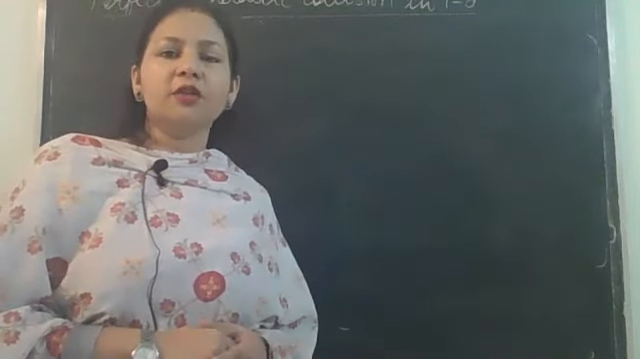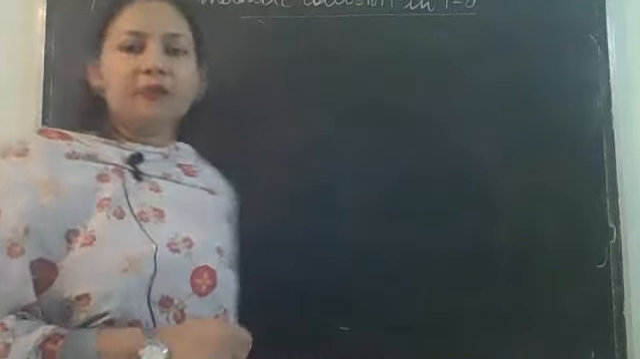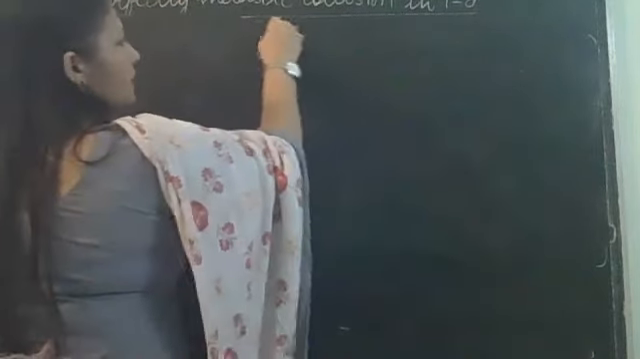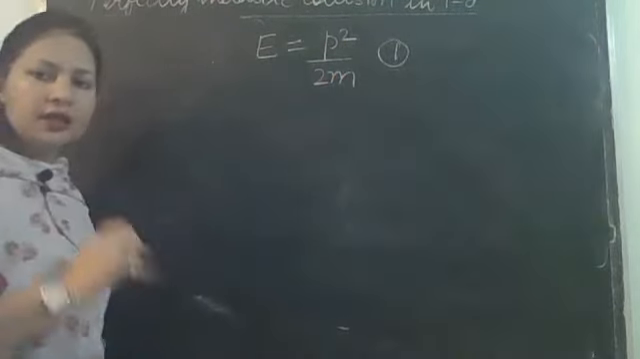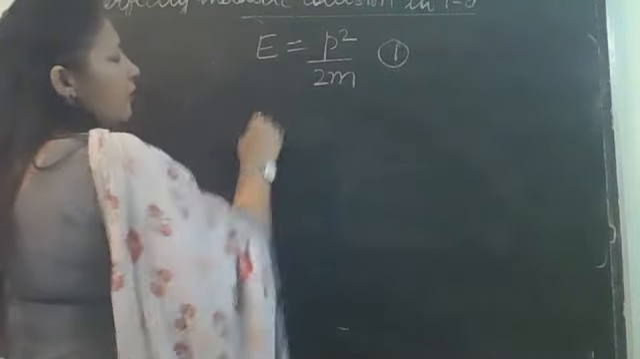I told you a relation between kinetic energy and momentum that day. So we'll be using that relation. E is P square by 2m. Kinetic energy is P square by 2m. This is the initial kinetic energy. Now we are saying momentum is